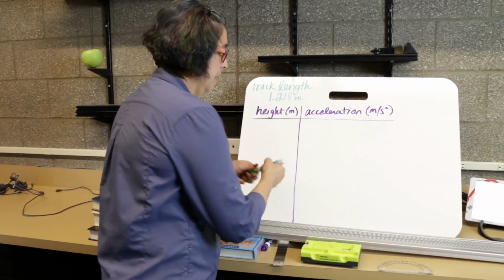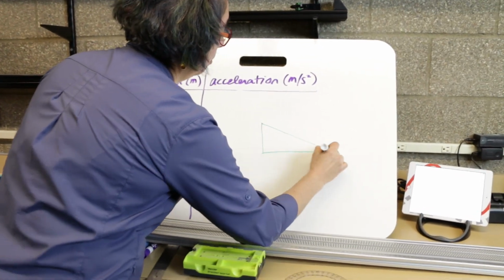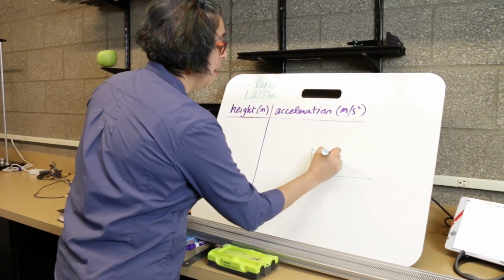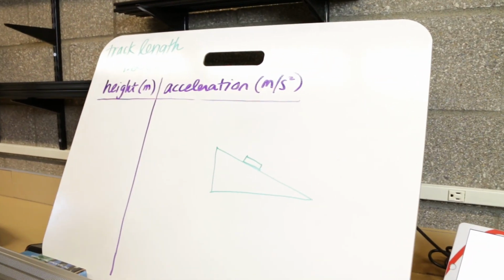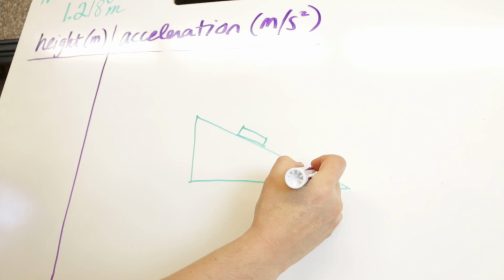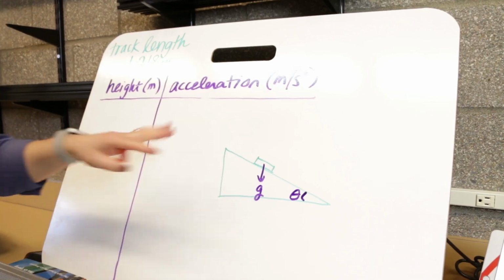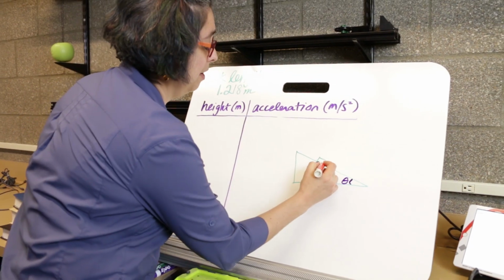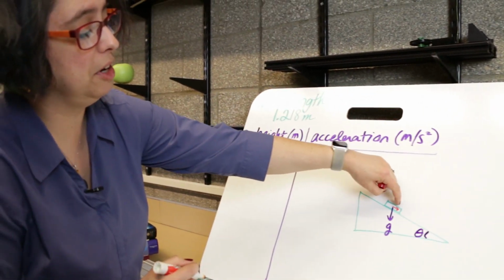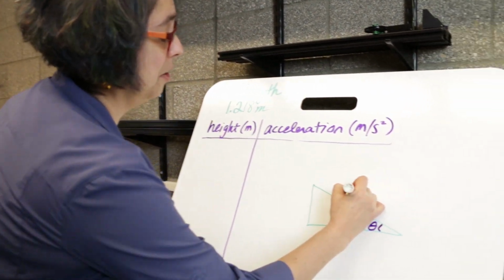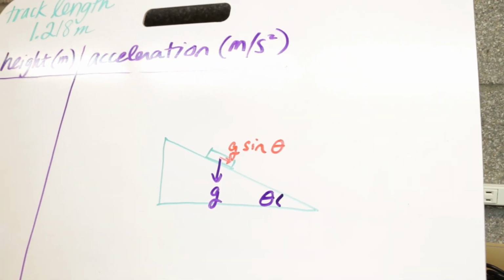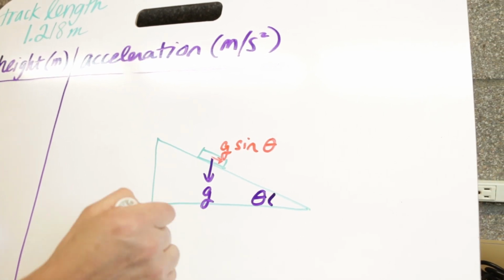Well, Galileo figured this out too, because he did not have a stopwatch. He could not measure the time it took for something to fall. But if you've got something that's going to roll down a frictionless track, then this track has some angle theta. The acceleration of gravity has two components. It has a parallel component and a perpendicular component. We're interested in the parallel component here, and that is going to be equal to the acceleration of gravity times the sine of theta. So what we're going to do is use the sine of the angle